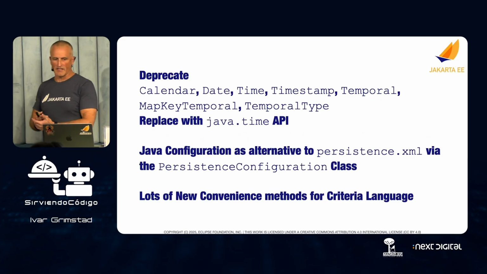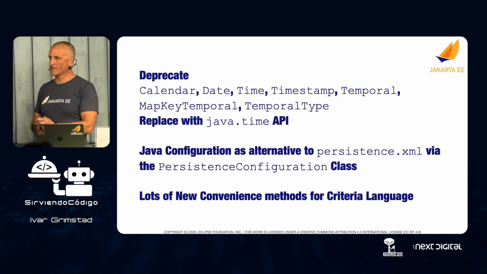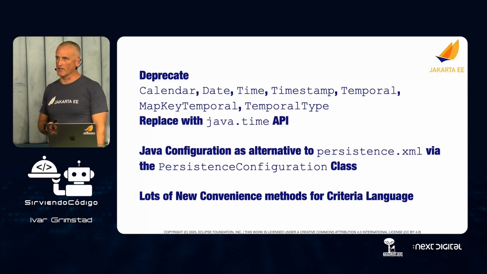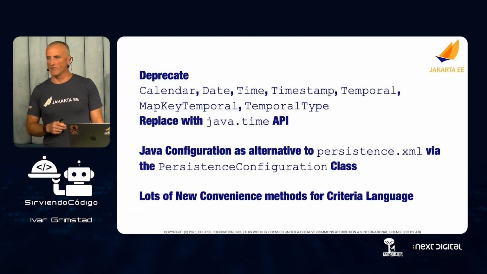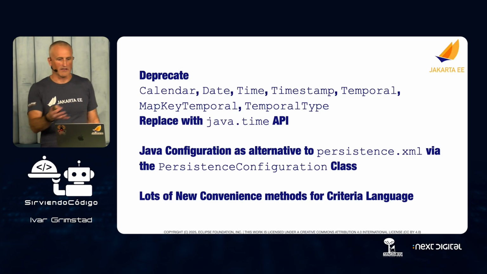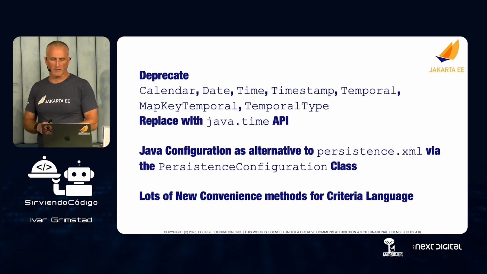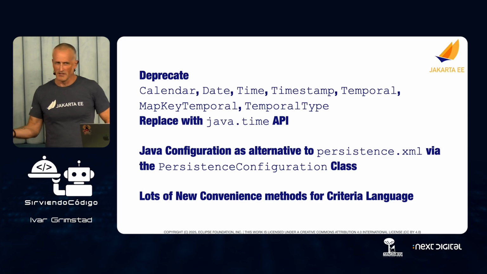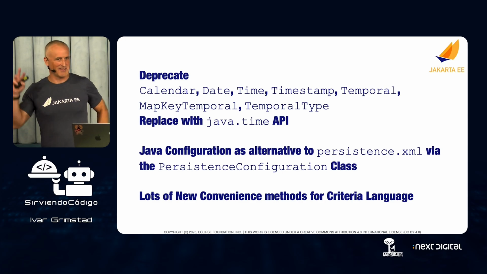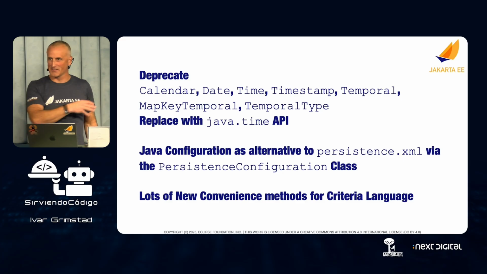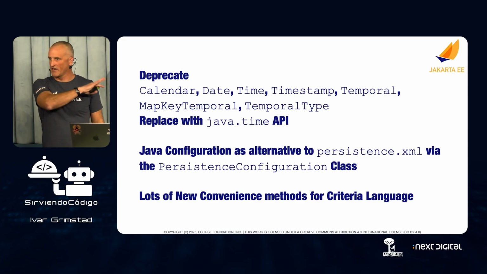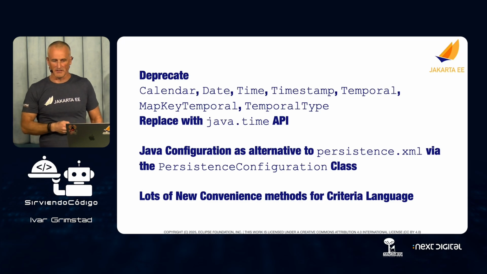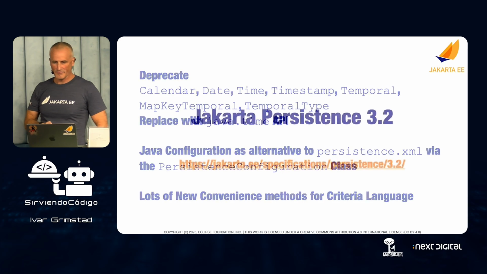The most important thing is that they are deprecating the old calendar and replacing it with the new Java Time API. So if you're using calendar or date time, you should replace them with LocalDateTime and those newer classes, which were introduced in Java 8, wasn't there? So it's not that new, but it's still the new calendar because nobody has deprecated this before. But now we're deprecating it in persistence. So if you're using it in your database code, then sooner or later you have to get rid of it.